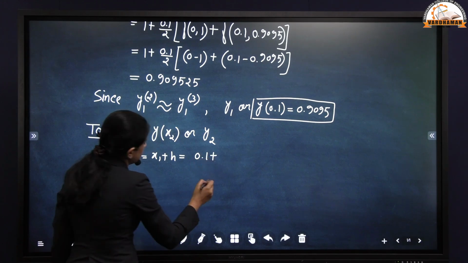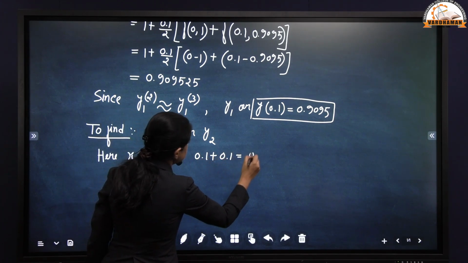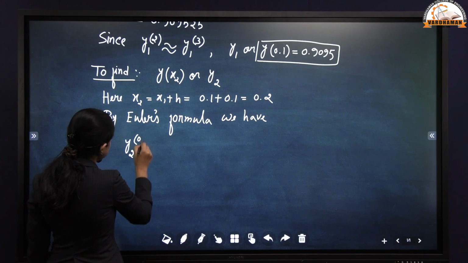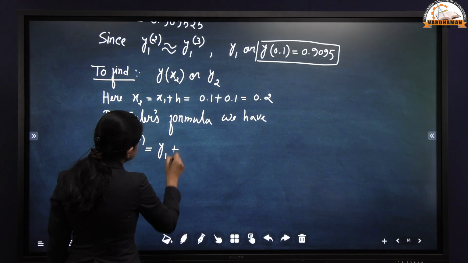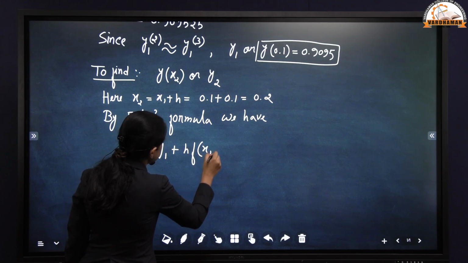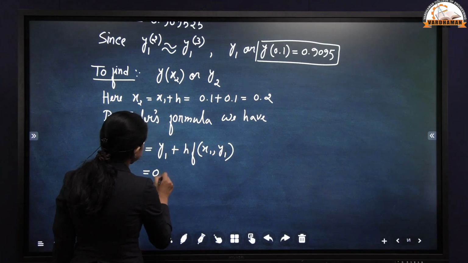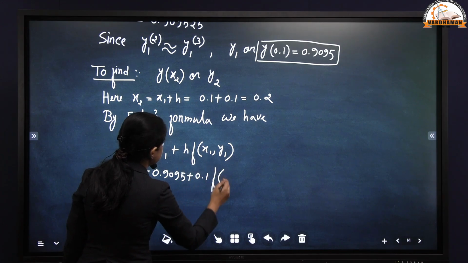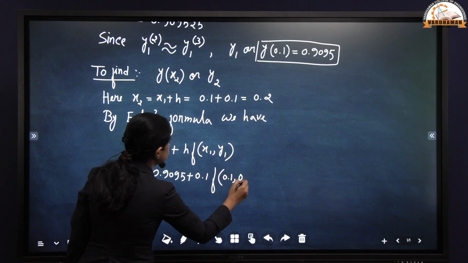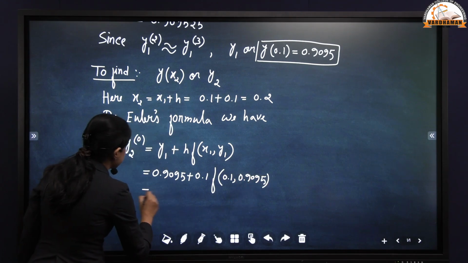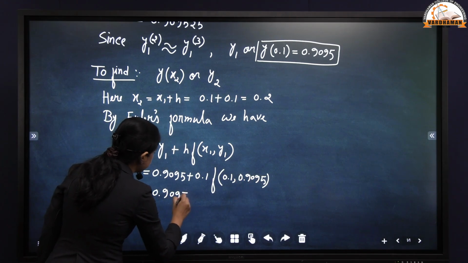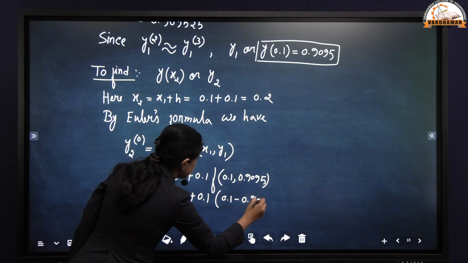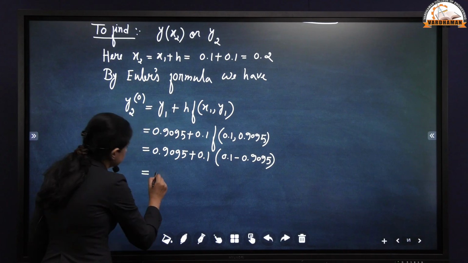x1 is 0.1, h is 0.1. So we have 0.2. By Euler's formula, we have y2⁰ is equal to y1 plus h into f of x1 comma y1. y1 is 0.9095 plus h is 0.1, f of x1 is 0.1, y1 is 0.9095. So we get 0.9095 plus 0.1 into (0.1 minus 0.9095). If we compute this, we will get